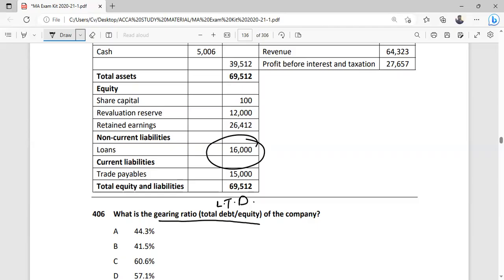Equity is basically your share capital. It includes your revaluation reserves, and it includes your retained earnings. So you can add up these values. The sum of these values is 38,512. So you can calculate 16,000